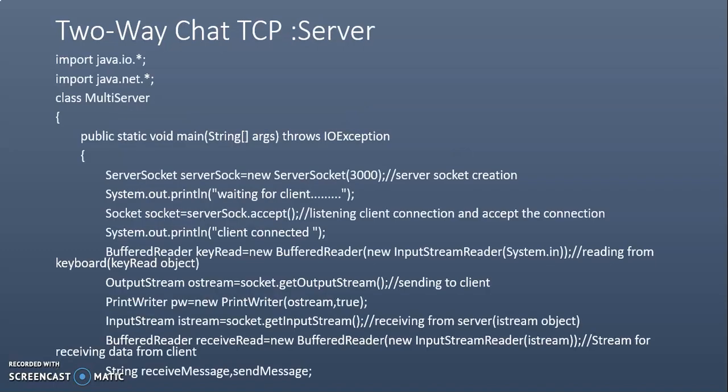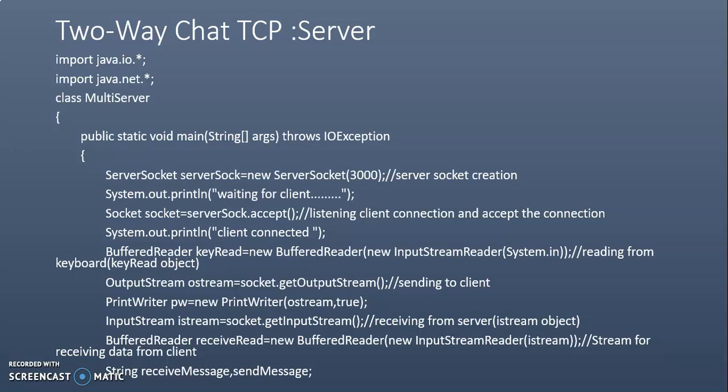The same set of steps are being taken care of here also. Here we can see instead of socket we have the server socket instance created with the same port number, and then socket instance is also created to accept that connection. Okay, so client is trying to connect, and server is accepting that connection now. So the client is connected.